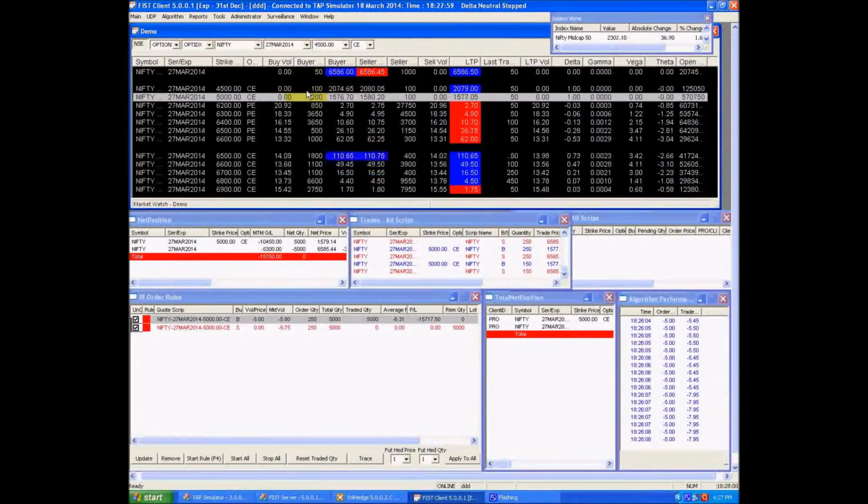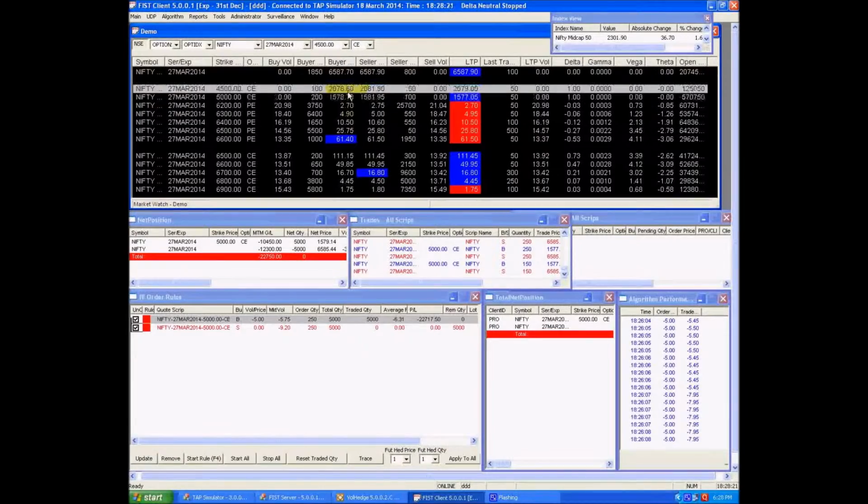In Nifty futures, the cost at 6600 of a futures transaction is 1.4 rupees. Through synthetic options, it will cost only 25 to 30 paisa. So it is almost 80% less as compared to futures.